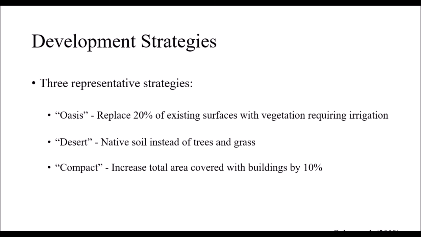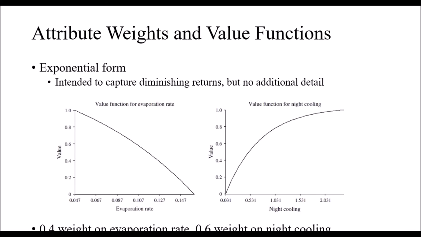Right. Now, the preference information that we need to capture before we can implement the decision problem for this example approach. Well, first we need to know what the single attribute value functions look like for night cooling and evaporation rate. We used simple value functions and weights just based on input and conversations with DC-DC researchers. So the value functions are in exponential form. Essentially, what we're trying to do here is capture the degree to which they showed diminishing returns,